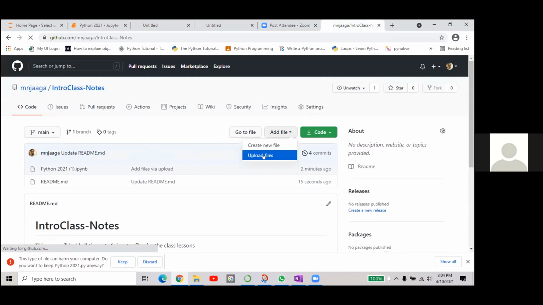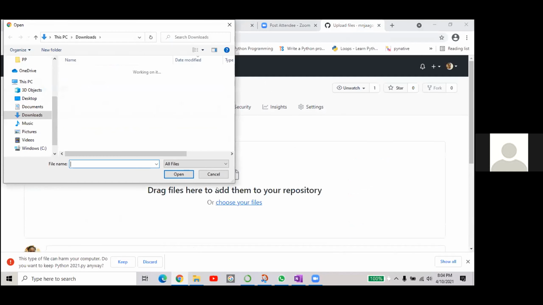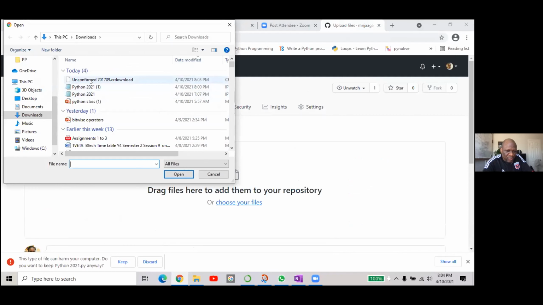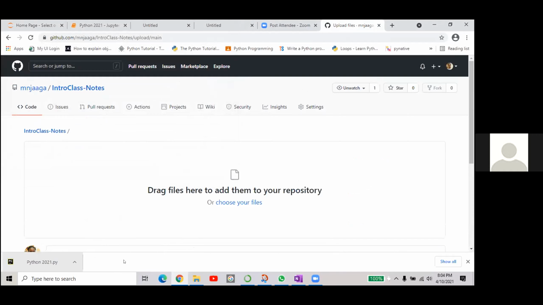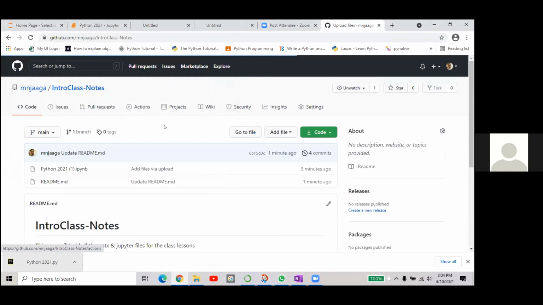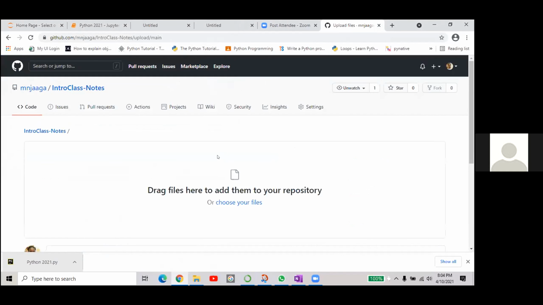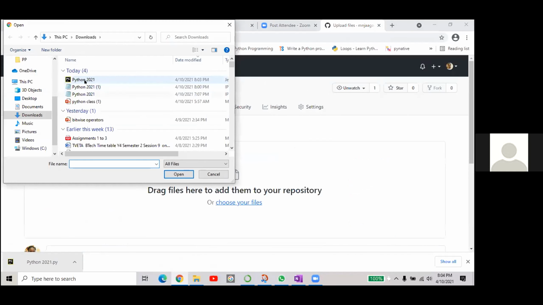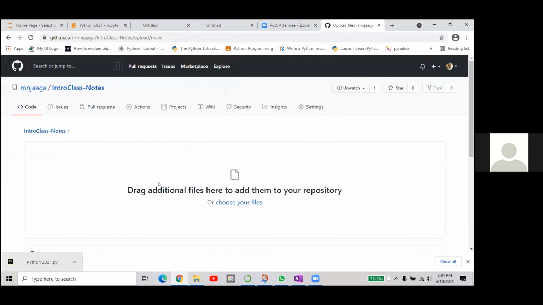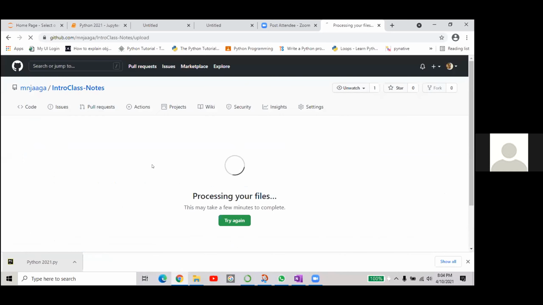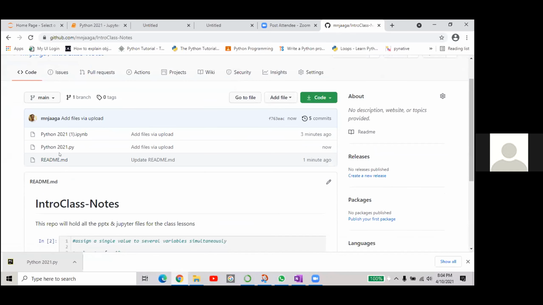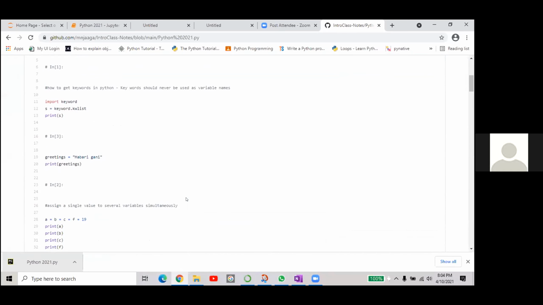No, let's add it here and see how it's going to come out. Look here, down there. Don't discard it. The download. Okay, keep it. Okay, so I'll go to the intro, add files, upload. And then here it is. And of course we save. And here it is.